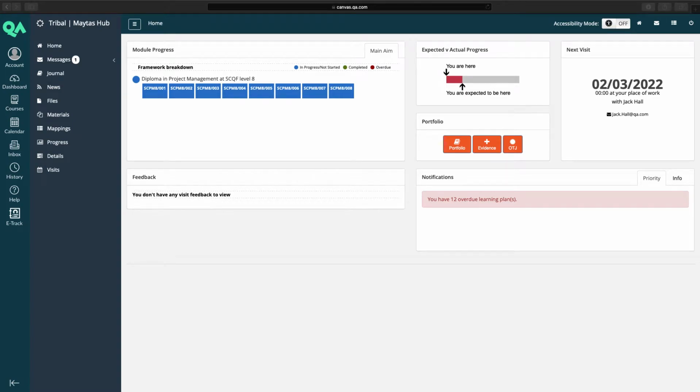Etrack can be used to put together your portfolio of evidence in a digital format. It used to be portfolios of evidence were put together using a folder where you'd print out your evidence and then you'd slot it into the right section of your folder. Now we've got this digital system which is more sophisticated because, well, first of all, we can use different file